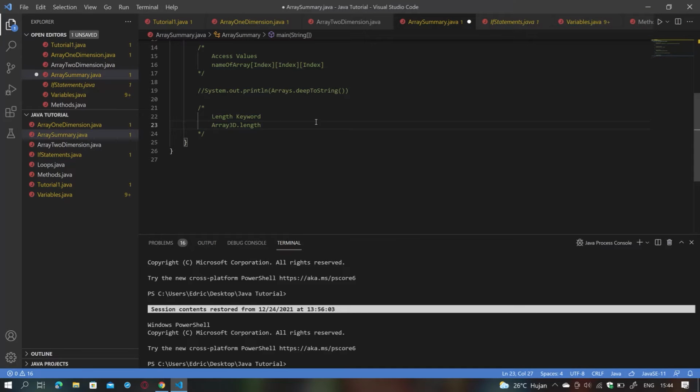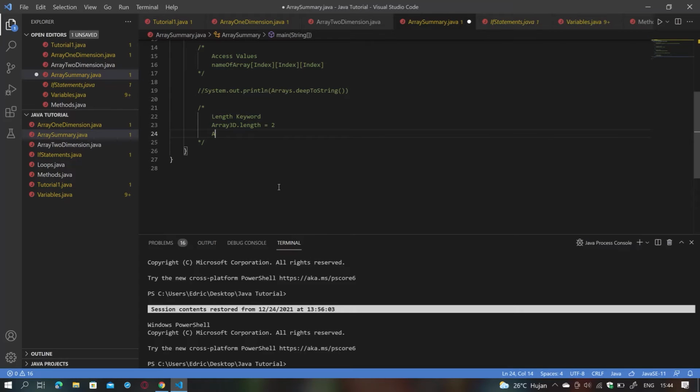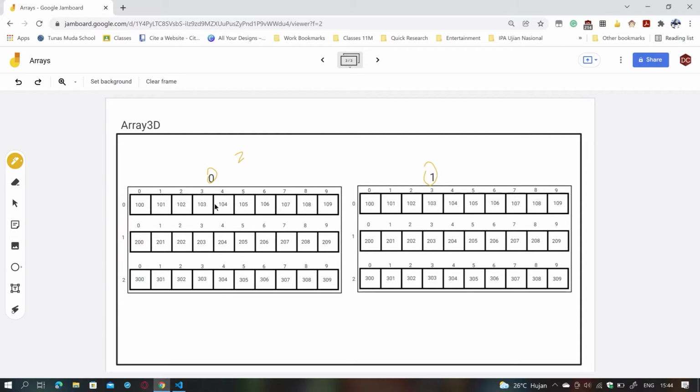Which is why we can use this to get a value which is 2, and then we have this right here, the two-dimensional array, and we can always refer to that by saying array 3D and then referring to the index of it and dot length. And by doing that, the compiler already knows we are referring to this two-dimensional array, and it looks for the length of that, which is 0, 1, 2, meaning that there are 3 arrays, or one-dimensional arrays. And actually, let me just use the text to write it much better. 3 arrays,